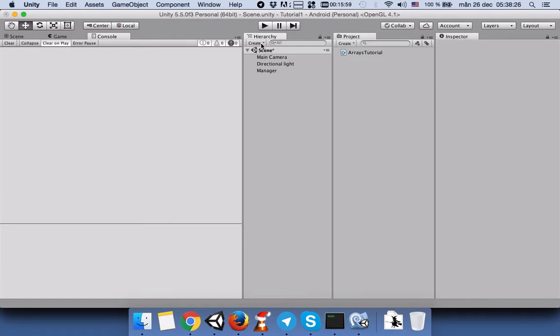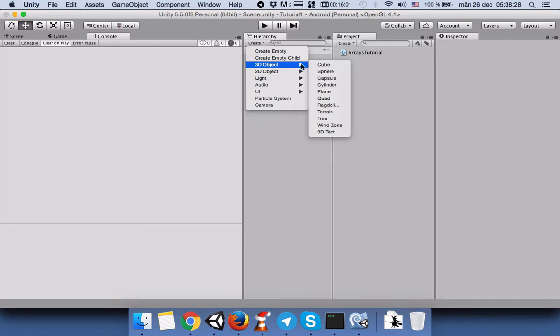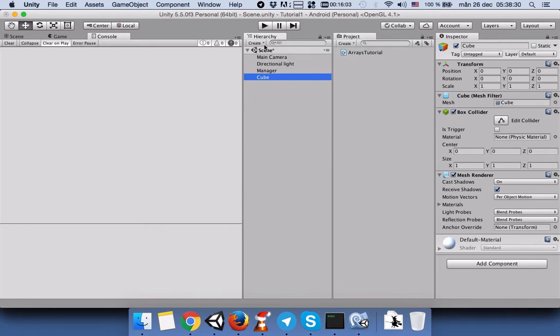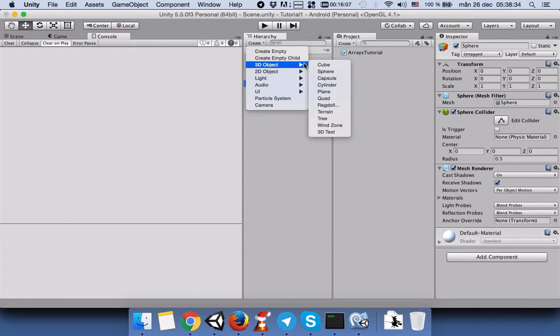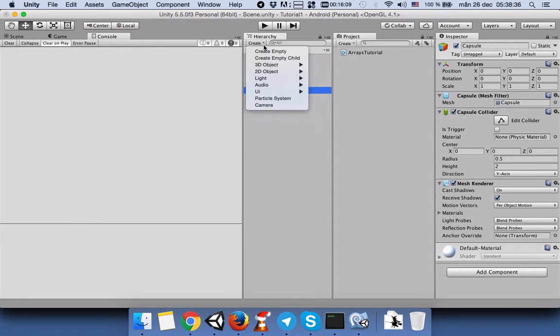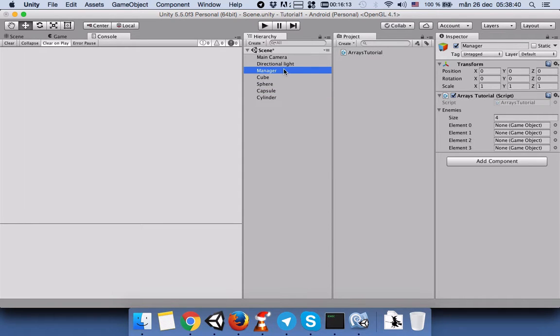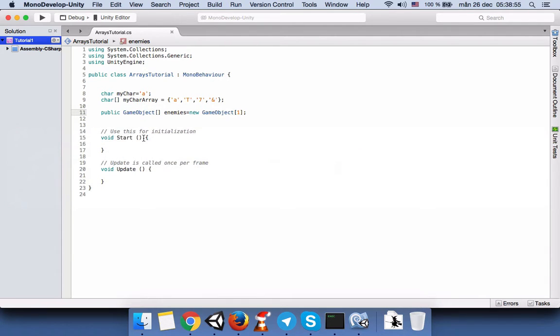So let's create the enemies. Let's go to create 3D objects and create one cube enemy, one sphere enemy, one capsule enemy, and one cylinder enemy. Let's go back to manager and connect the cube enemy, sphere enemy, capsule enemy, and cylinder enemy. Go back to the script,